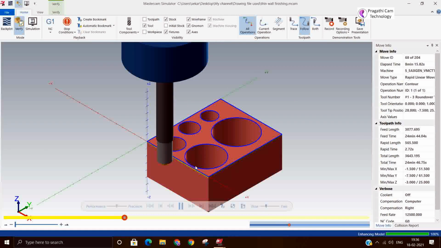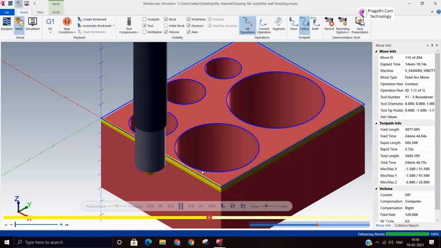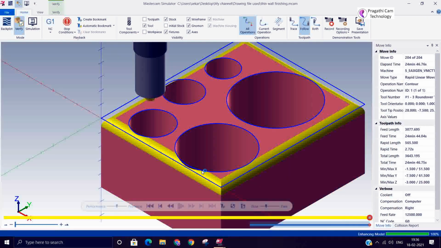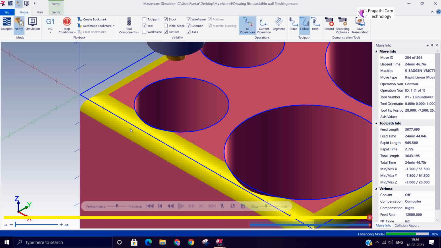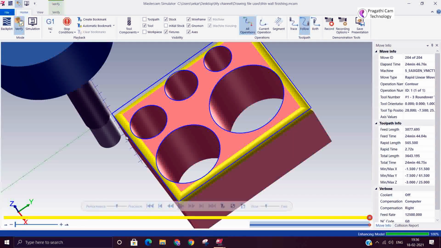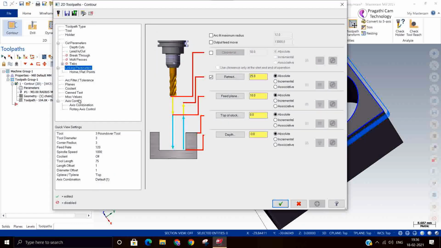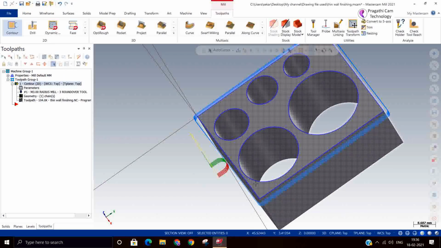Now you cannot do inner and outer fillet in a single toolpath, because the compensation issue will come. Okay. So you need to make two toolpaths: one operation for outer compensation and one for inner compensation. Two operations you need to do.